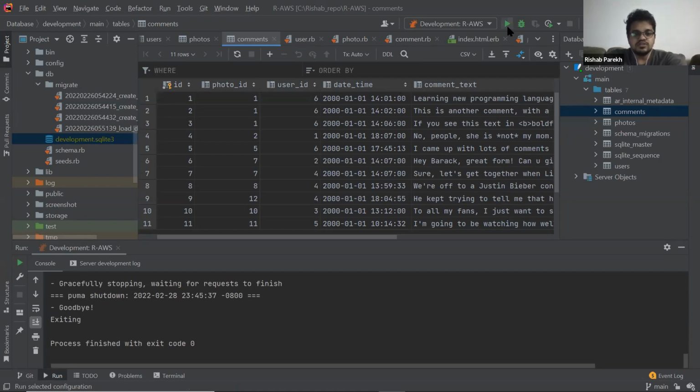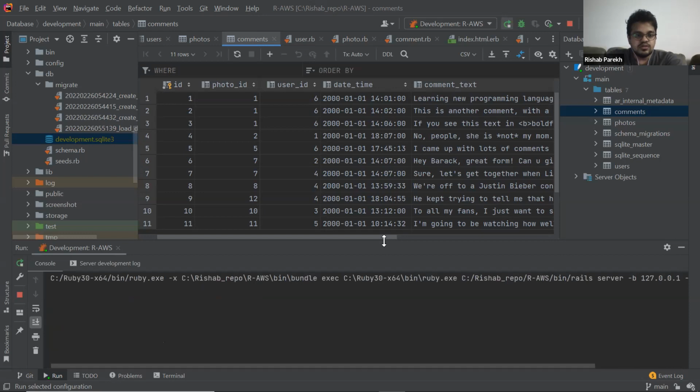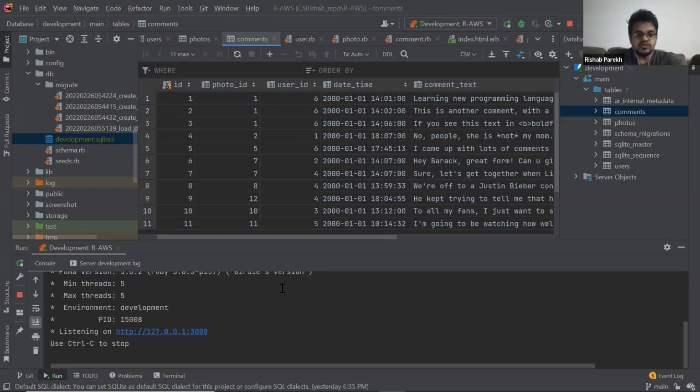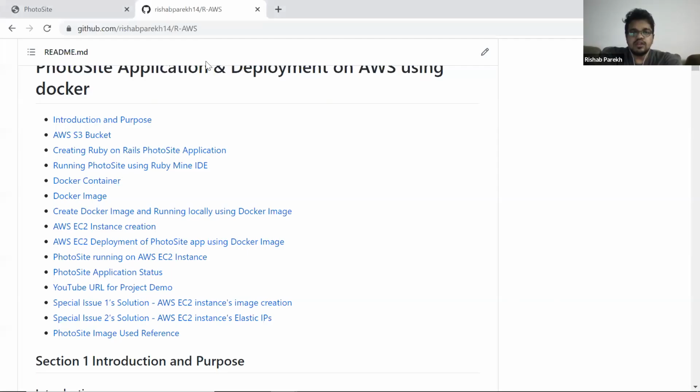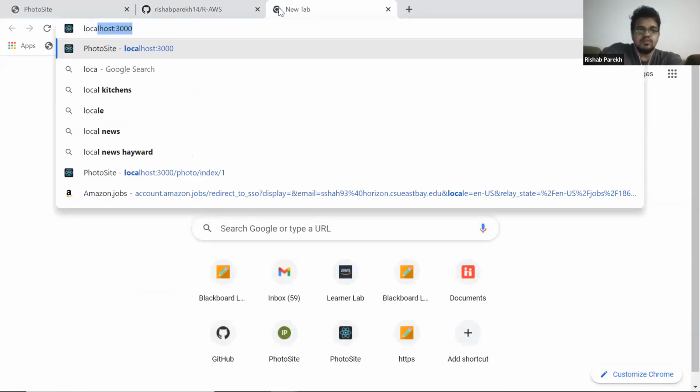So first I'll start the server. So the server is up. Now, as you can see, the server is up on port 3000. So we'll hit the URL, and we're hitting localhost 3000